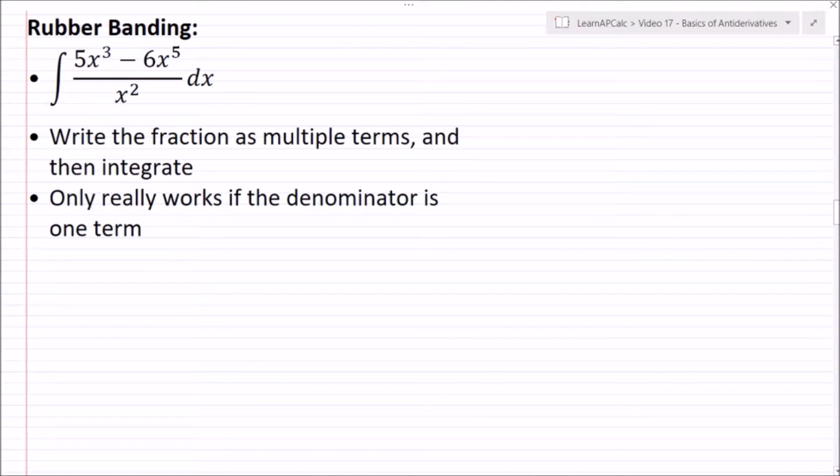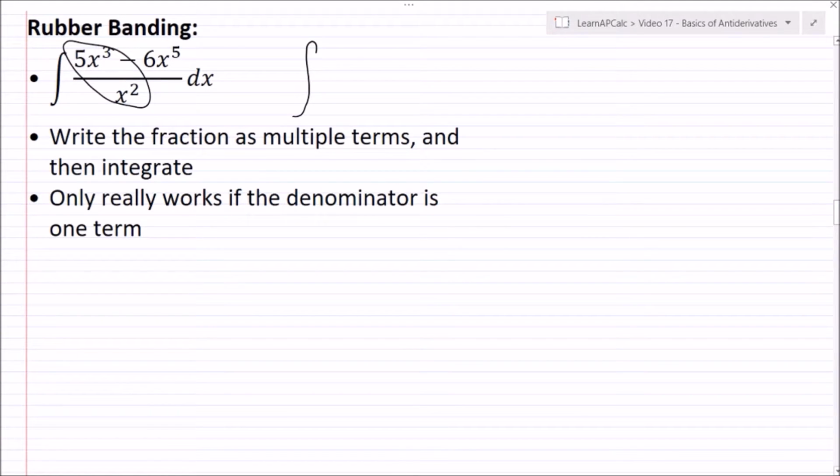Alright, so one method I just discussed is the reverse power rule, which is very useful. But what if you have something like this? That's not necessarily the easiest thing to know right away how to integrate. And so what you can do is what's called rubber banding. And this is the technical term. What we do is we sort of divide this out like so. And so we rewrite this as